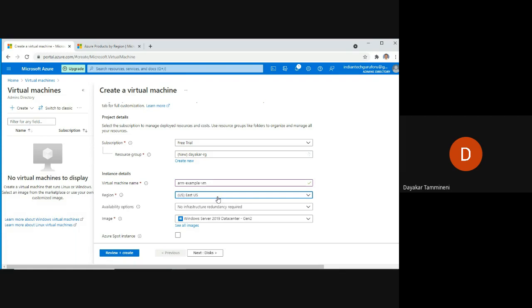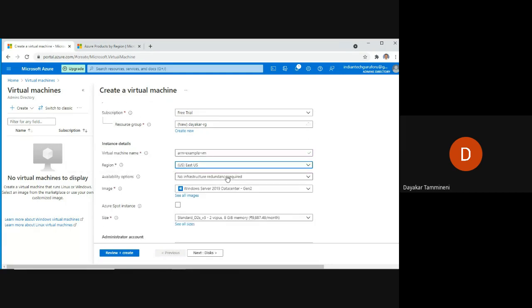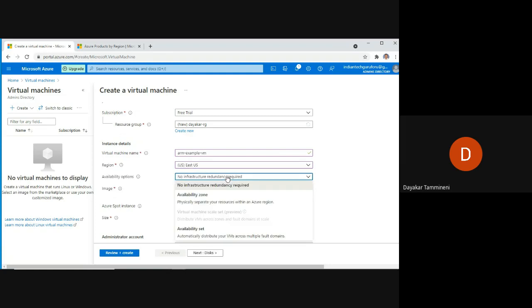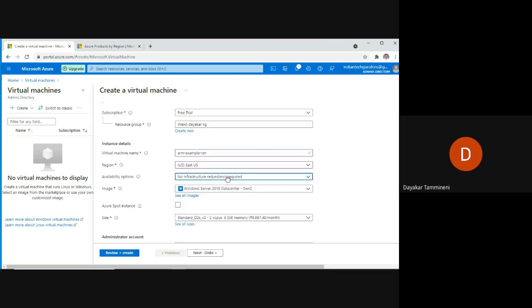in the region that is available in India. Okay, not outside India, because it will be nearer to our company, and you are going to get faster access. If you implement in US or some other place, then you are not going to get faster access. So that is the basic rule. Okay, so availability options I have already shown you. I'm not going to use availability zone or availability set because this is the demonstration for ARM template.